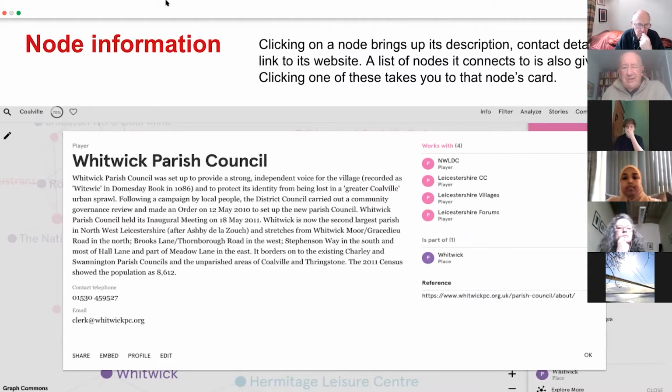On the right-hand side, where it says reference at the bottom, you click on that, that will take you to the website of that particular organization. And the organizations listed above that, the pink dots, etc., if you click on those, you'll get taken directly to the card that represents that organization.